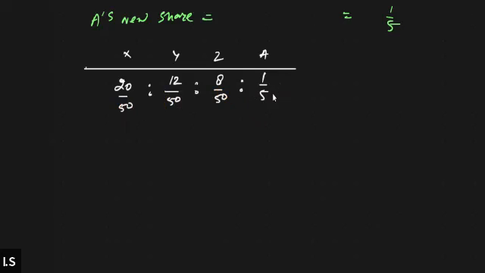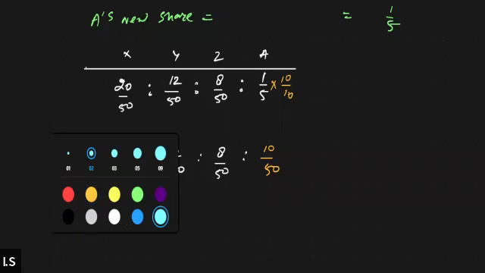And for equalizing the base, in case of a, we can multiply the numerator by 10 and the denominator by 10 as well. We will get the same value in the denominator as the others. So now the share will be 20/50, 12/50, 8/50, and, tell me, 10/50. Perfect, very good.